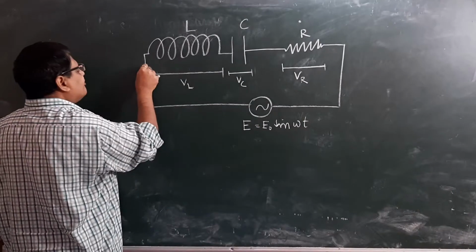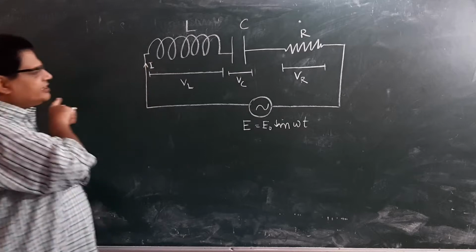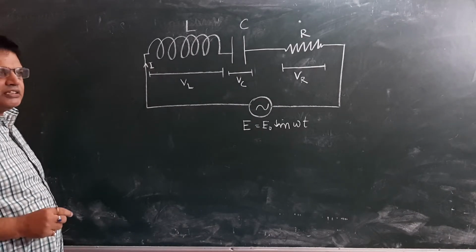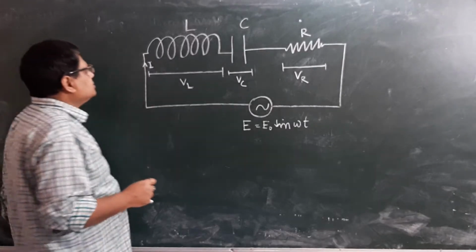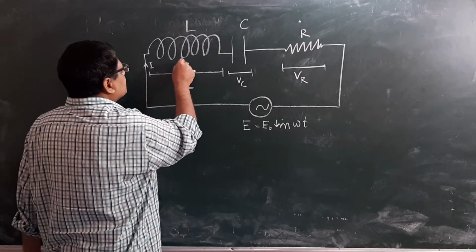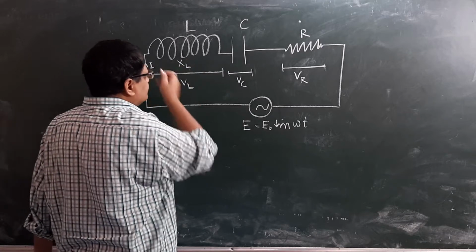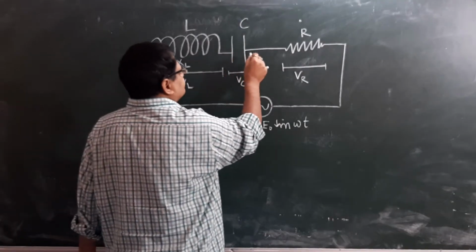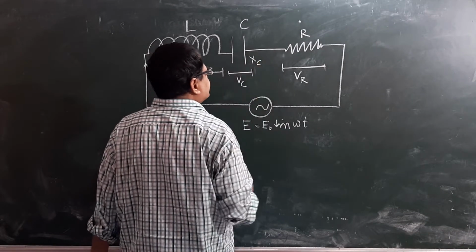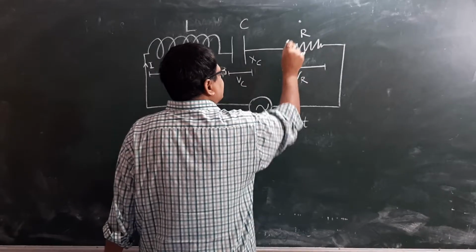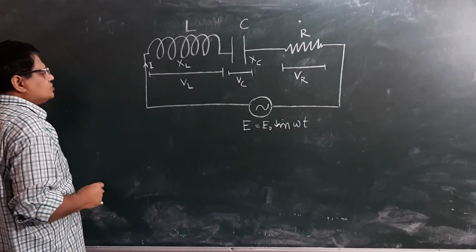Suppose the current flowing through this circuit is I. The same current will flow because these connections are made in series. Suppose XL is the inductive reactance of this inductor, XC is the capacitive reactance, and resistance is R. Then we can say that the